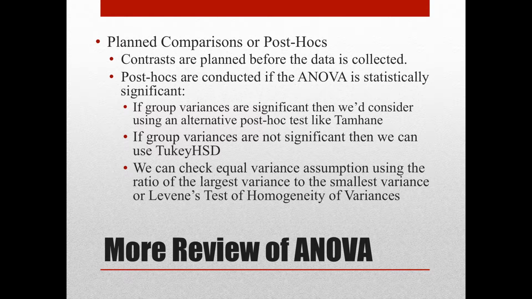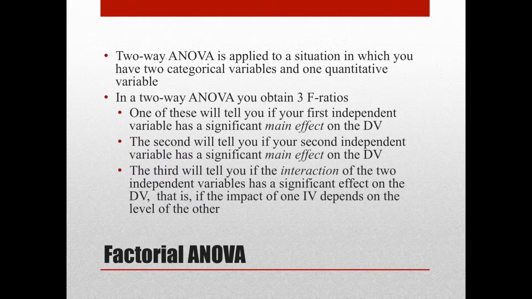So, guys, if group variances are significant, that says we don't have equal variances, and we run an alternative post hoc like Tamhane's. And if group variances are not statistically significant, we can run a Tukey, Scheffé, Bonferroni, and so on and so forth. And guys, we can always check the equal variance assumption with Levene's test of equal variances, or the ratio test. So let's move forward into a two-way